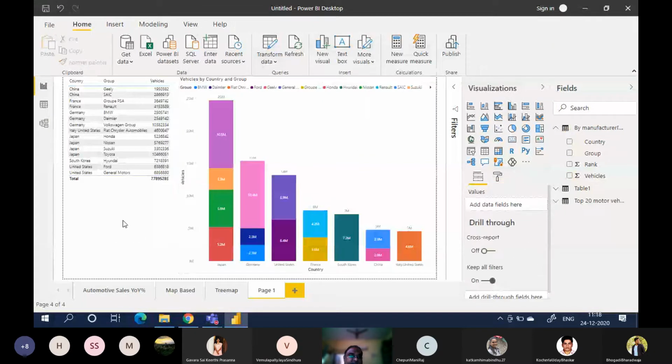Okay, so stacked charts are very interesting here. Power BI stacked chart is also interesting here. Suzuki.